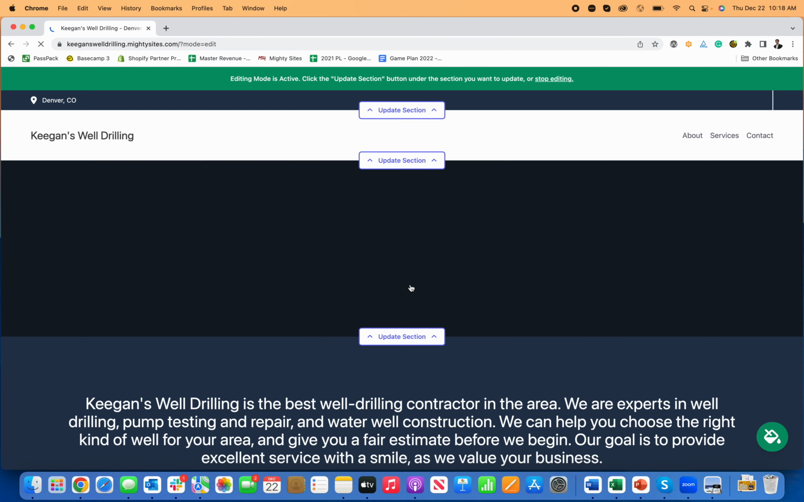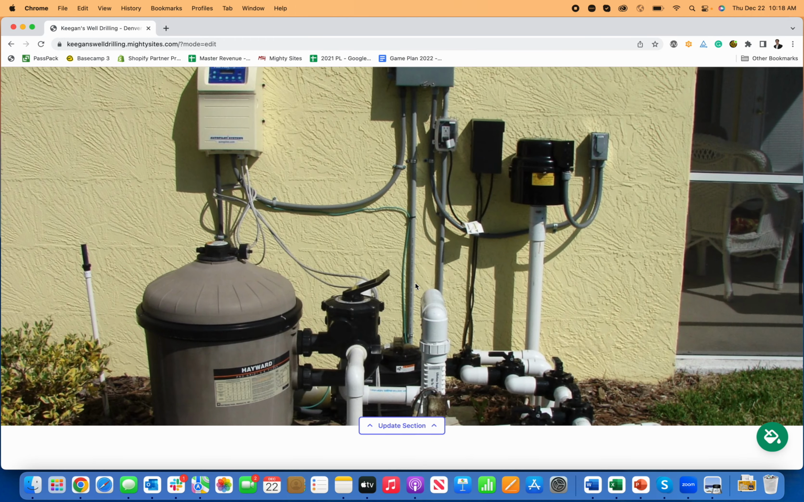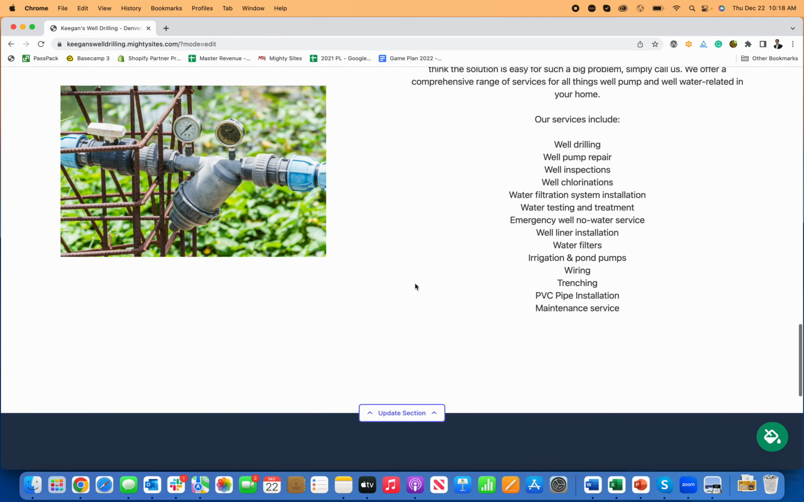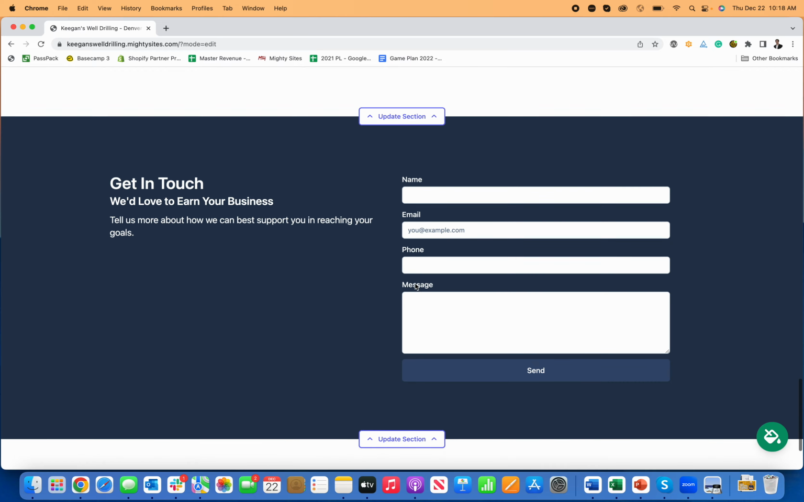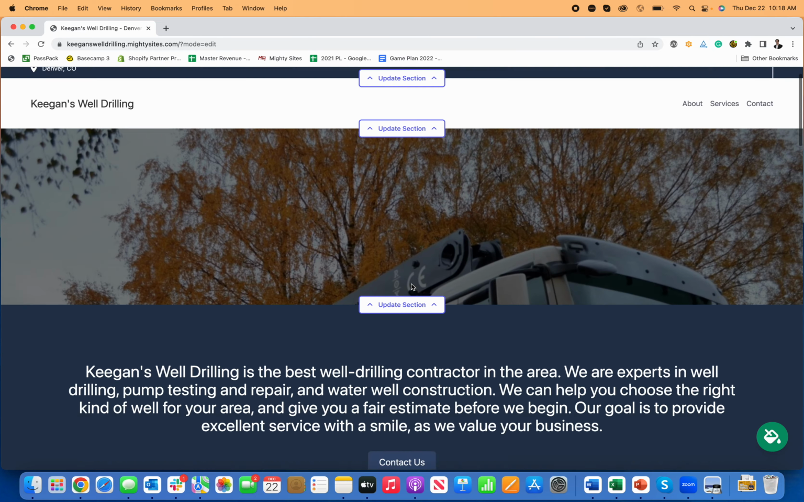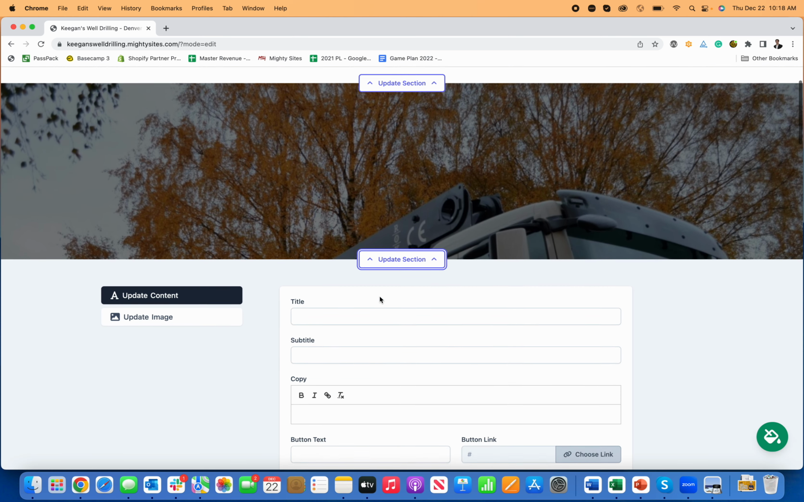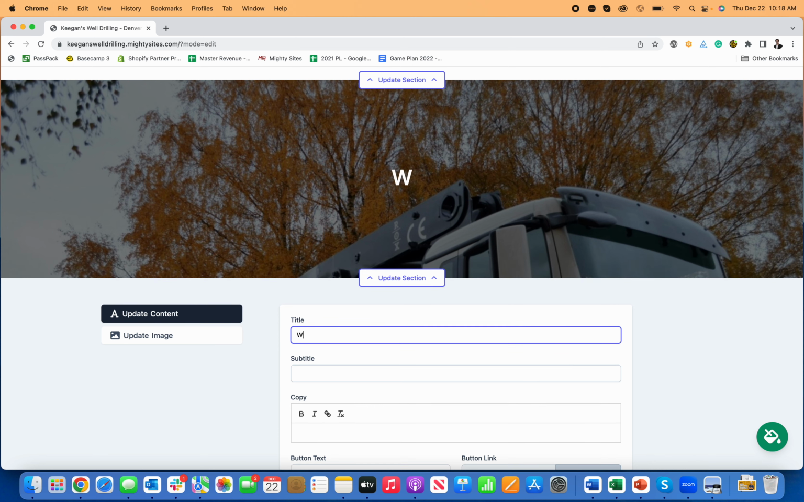And what makes Mighty Sites really nice is that it's going to automatically generate a template for me. So now from here, all I need to do is basically make simple edits to the website template and make it good to go. So the first thing I'm going to do, I want to add some hero text here. I'm going to say professional well drilling contractor, and then right